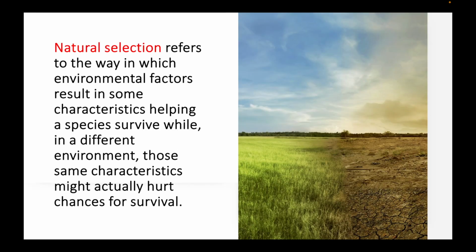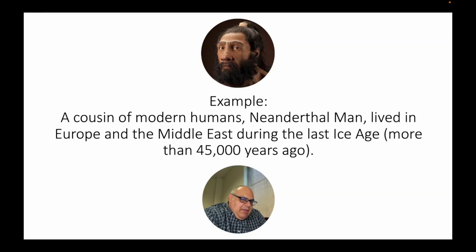Natural selection is a term that refers to the way in which environmental factors, the stuff happening to us in the world around us, result in a situation where some characteristics will help a species survive, while in a different environment, those same traits may actually not help or even be hurtful in terms of the species being able to survive. Let me use an example from humans' own evolutionary history. There was a cousin species of humanity, not our ancestors, that existed until roughly 45,000 years ago,